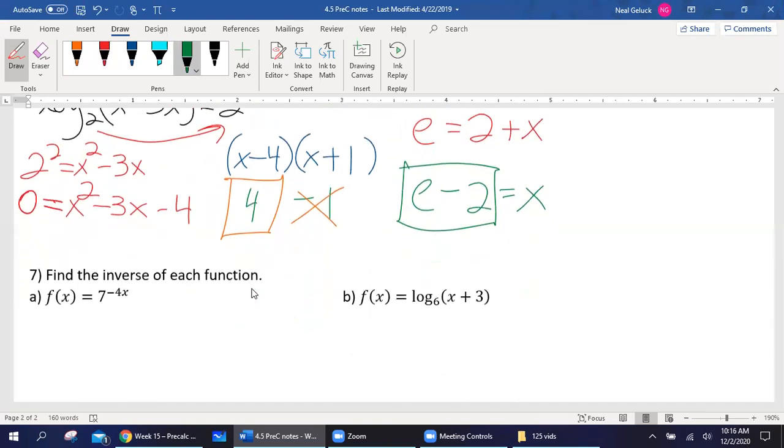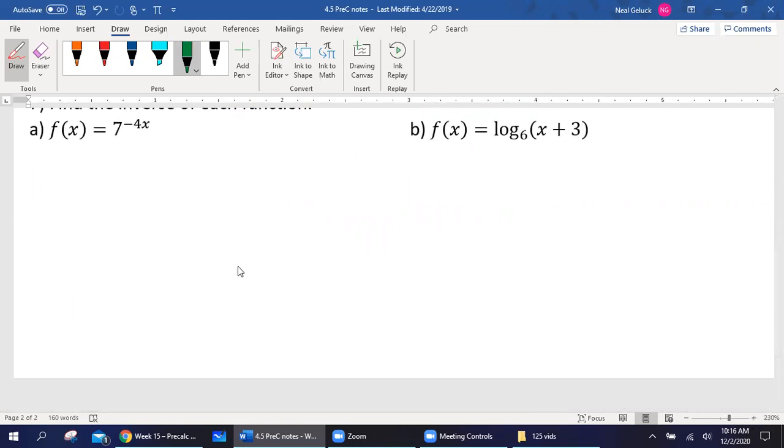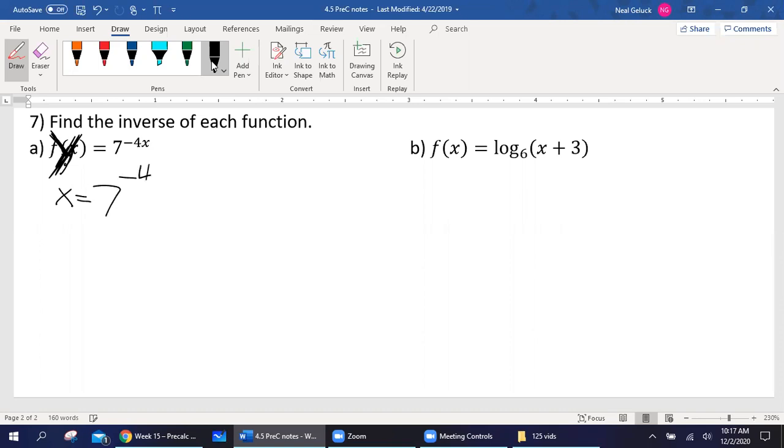Our last 2 problems are asking for the inverse of the function, and we're going to use the idea that logs and exponentials are inverses of each other. So in general, remember, if we're doing an inverse, if we think of the f of x as your y, remember, in inverse, we switch the x's and y's. So this would be x equals 7 to the negative 4y. And now I'm going to get that y by itself. How do I do that? Well,